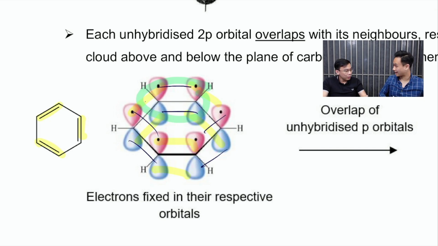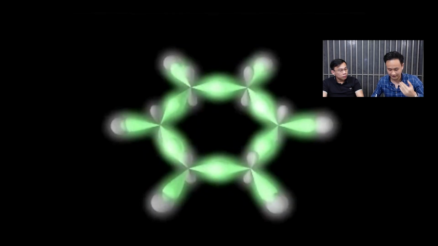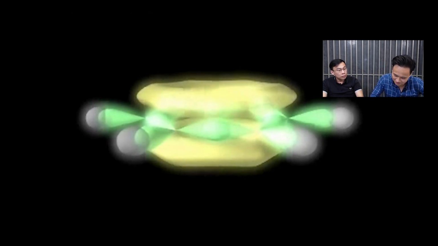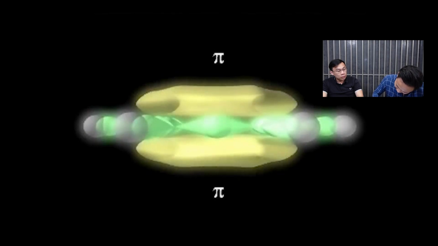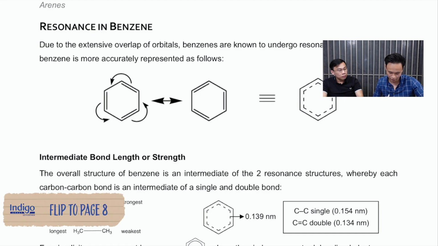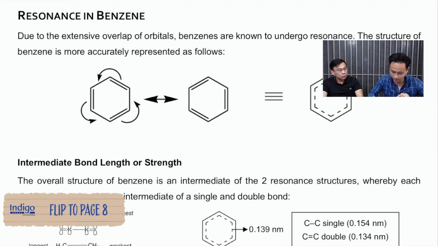So there's double bond everywhere? Exactly. And that's what Kekule thought. There should be double bonds everywhere. And he thought that it looks like this. So TLDR, when all these 2p orbitals are parallel and sideway overlap, it forms this cute little donut here. Okay? And there you have it. That is benzene. And that's why we draw benzene like this. And this is what we call resonance.